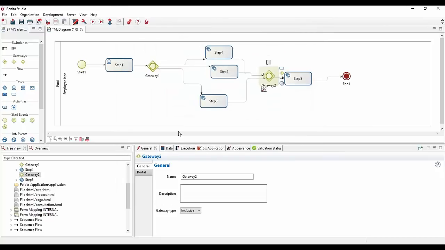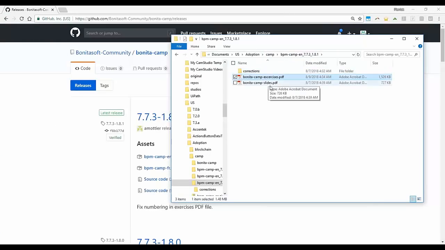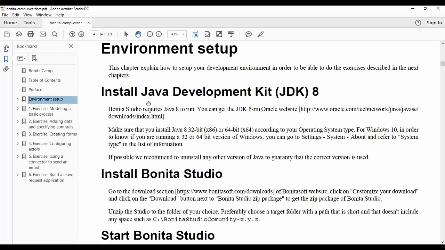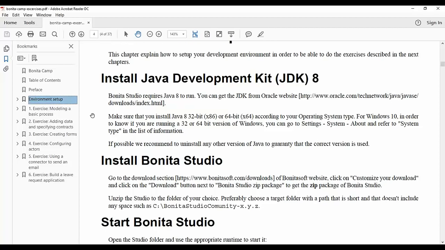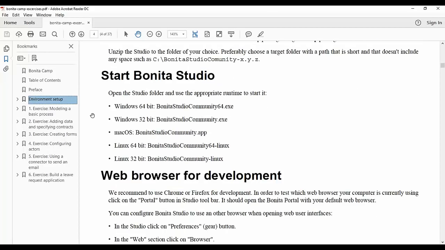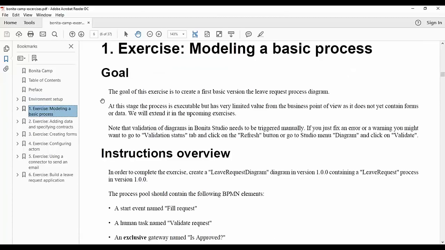All right. Other things, obviously you have the corrections of the exercises. This is a PDF of these exercises. For the setup of the studio, in case you have any issue with that, you can go through all these instructions. That's well explained, and we are talking here about this first exercise that is called modeling a basic process.